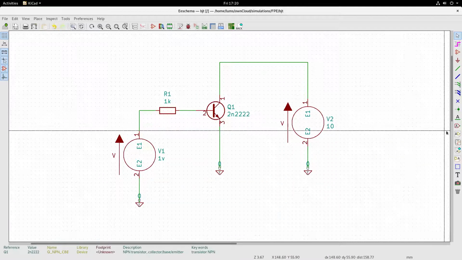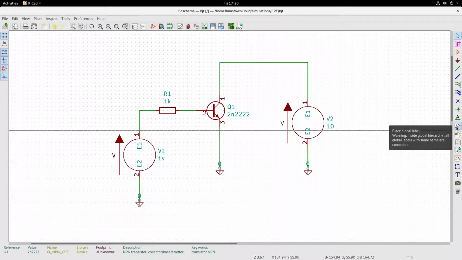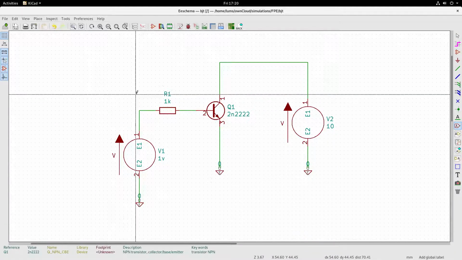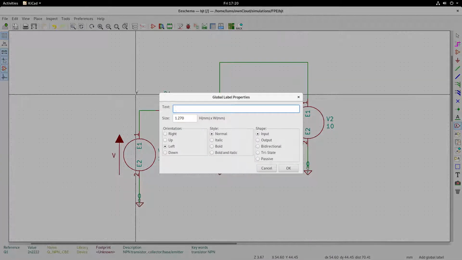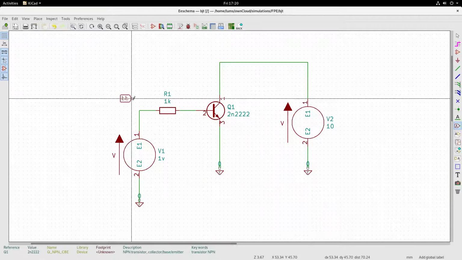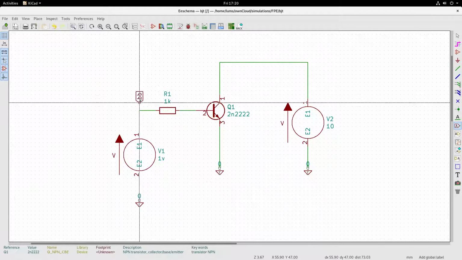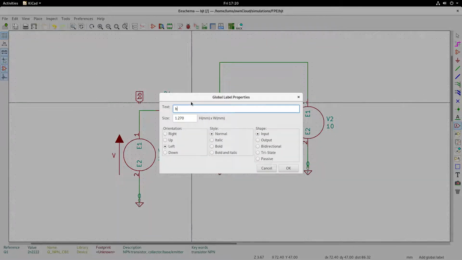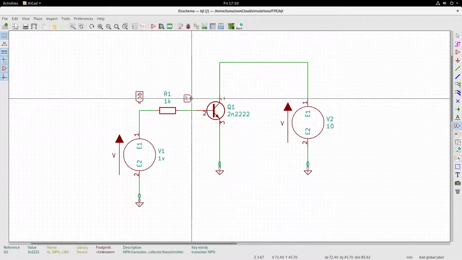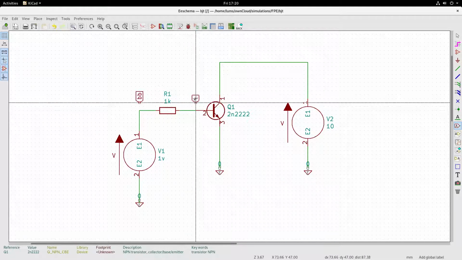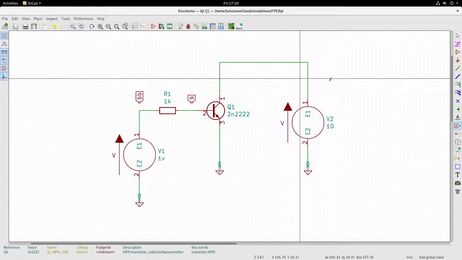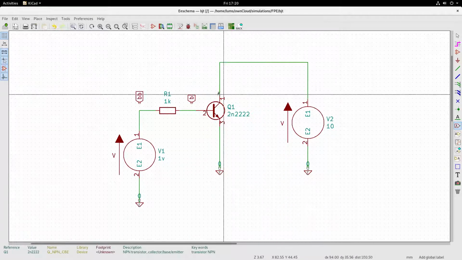Let us mark some labels. I will take the label here, place it. I'll call that one as BB and place it here, and call this one as base point. Rotate it clockwise and place it here, and we will need one more label here.